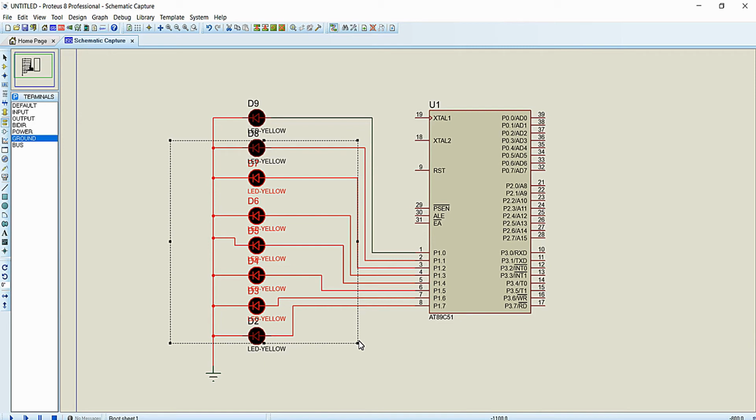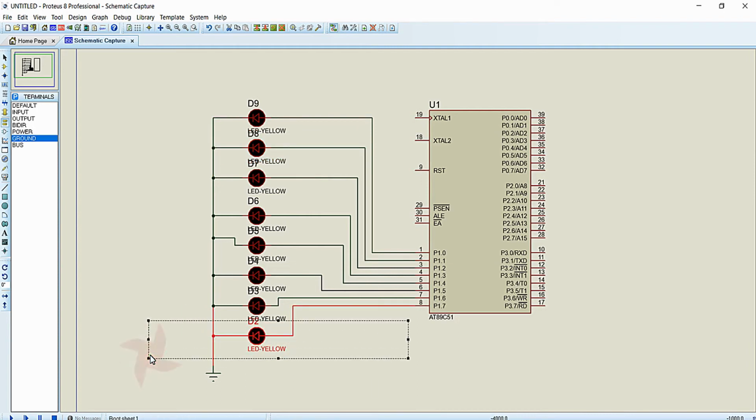After that time I want to turn off this LED and all these LEDs, and turn on this LED, and wait for the same period of time, and then this process continues till it reaches this LED. When this LED is reached, we will repeat the process from the beginning. So this is the logic, right?